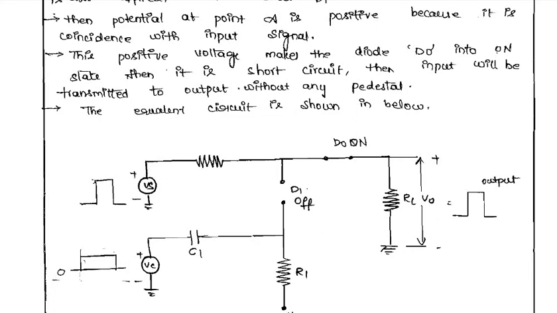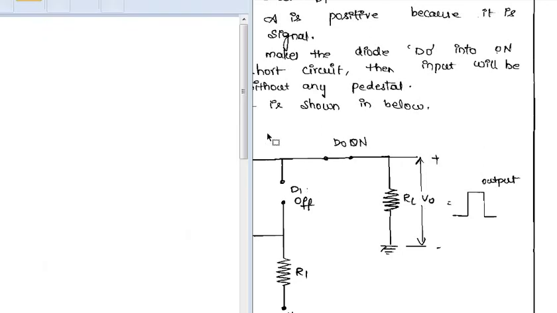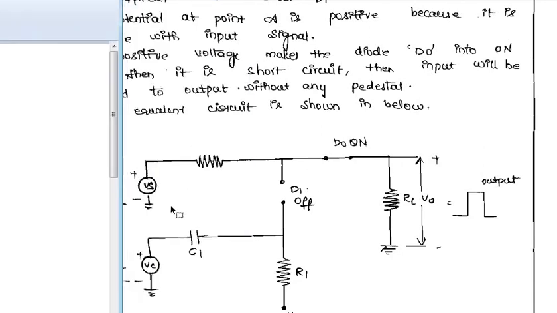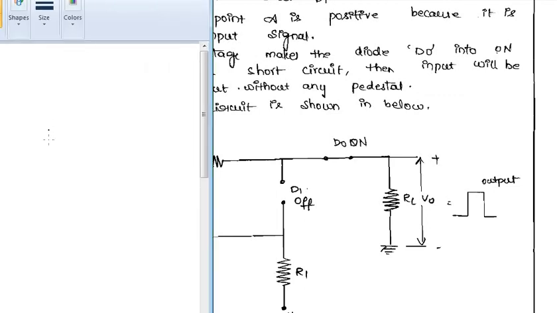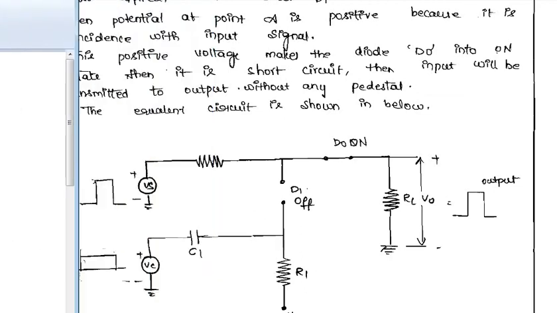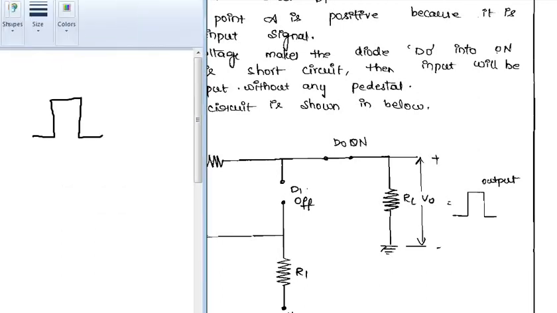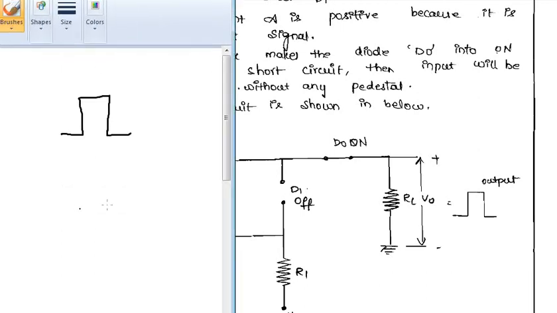I'll show the figure once again. See here. So from this particular diode, what output are you getting? From this you will be getting the input, right? So I am drawing the input as Vs. Now are you getting any kind of control signal from here? This is the positive control signal, but your diode D1 is off, so it is an open circuit. Are you getting any kind of signal? Of course not. So what is the output you are getting? You will not get any kind of control signal from here.